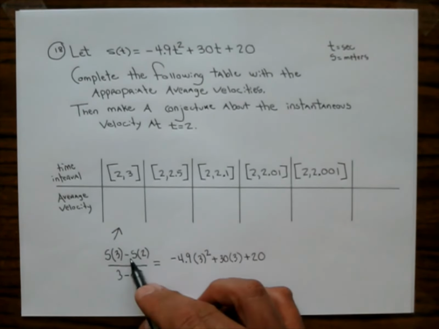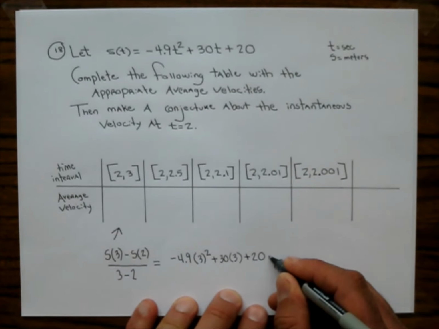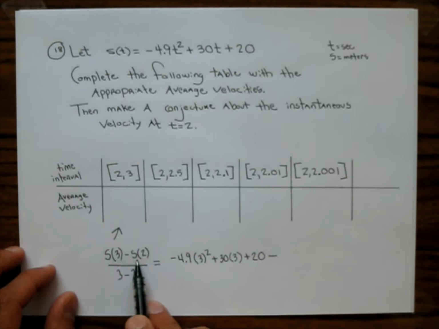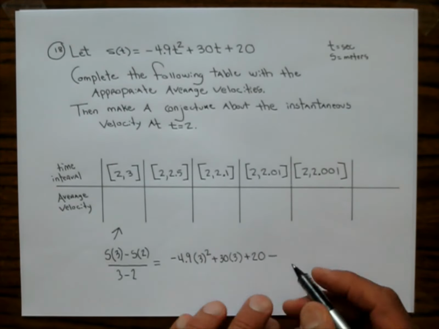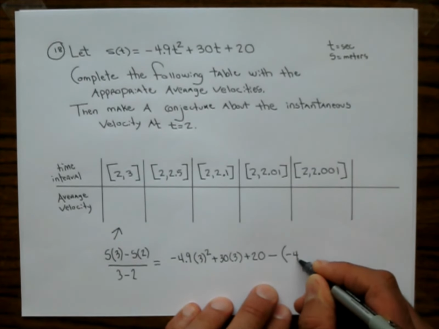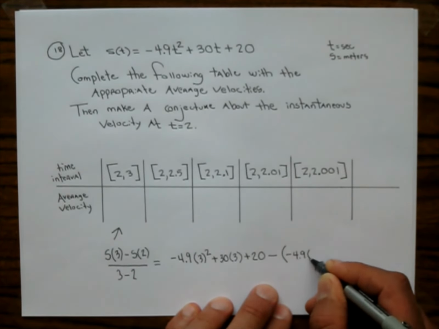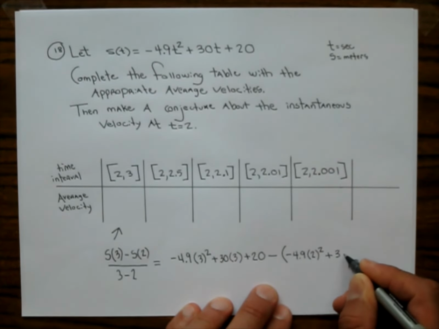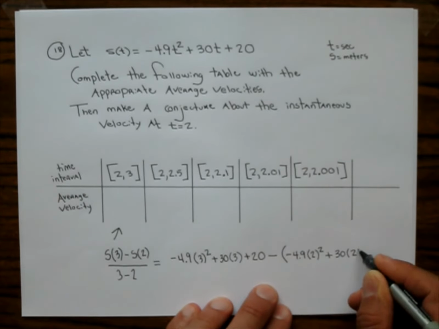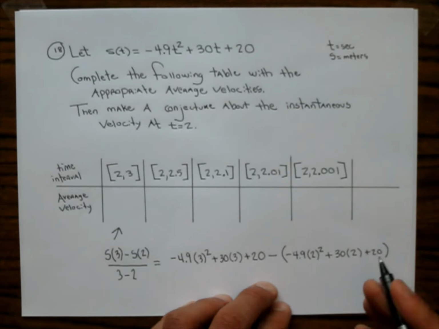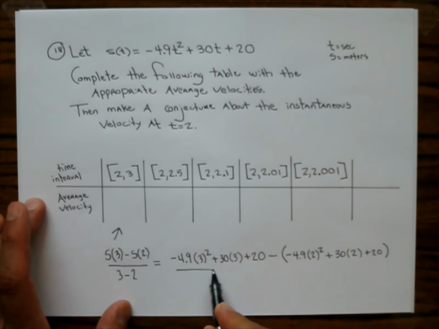Then I'm going to go minus, because remember the average velocity is displacement over the time. So now I'm going to plug 2 into there: negative 4.9, 2 squared, plus 30 times 2 plus 20. And that's going to be subtracted. This is all going to be over